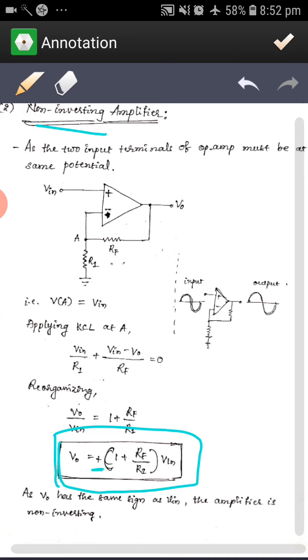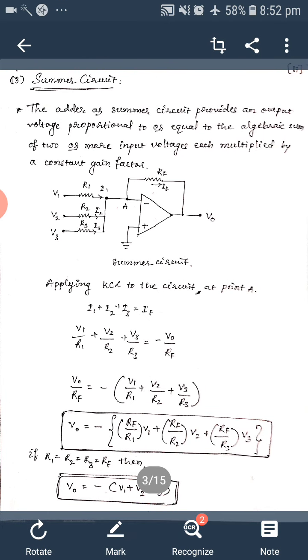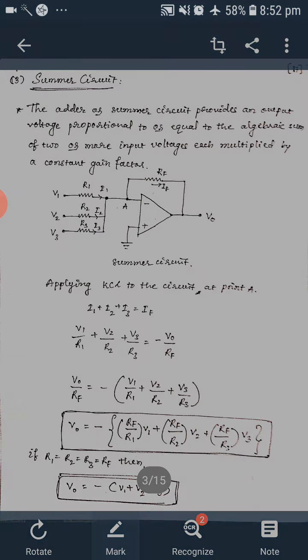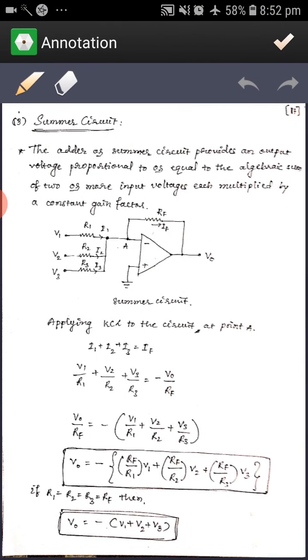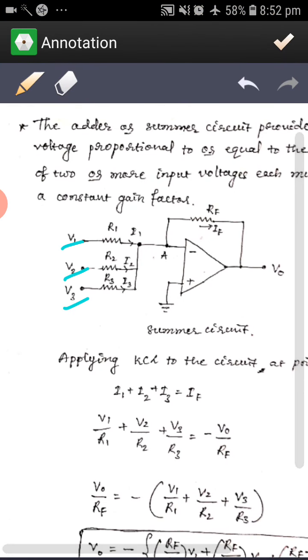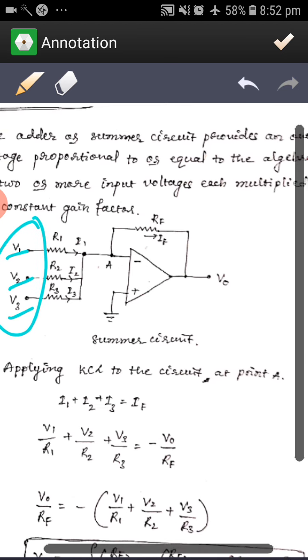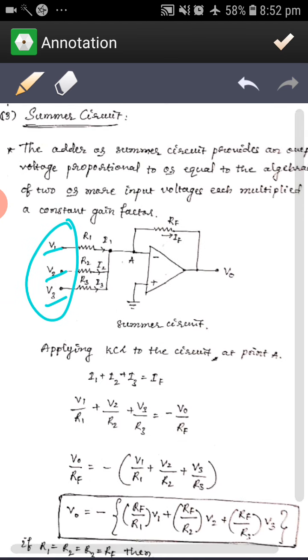As we say that it is non-inverting, the output is positive, and this one we call the non-inverting amplifier. The next one is the summer. Through the op amp, we can add different signals. Whatever V1, V2, V3, we call the different analog signals, or DC signals. If you want to add these signals in some application, then by using the op amp, we can add these voltages. Here again the input resistances and the feedback resistance are there. We are using the inverting amplifier because we give the inputs to the negative terminal, so the non-inverting terminal, the positive terminal, is connected to ground.